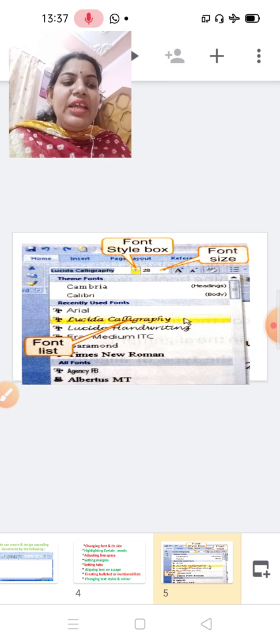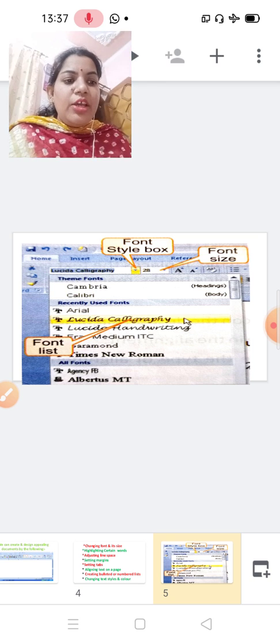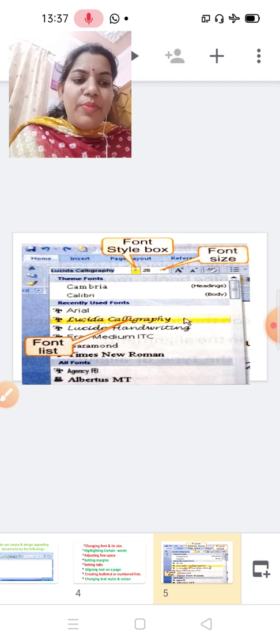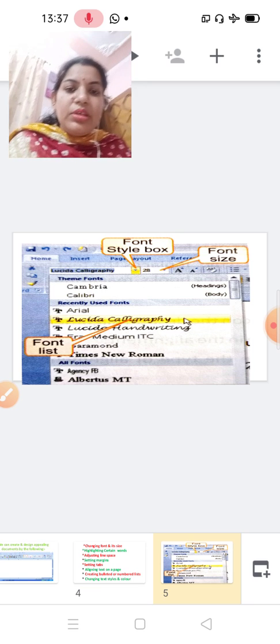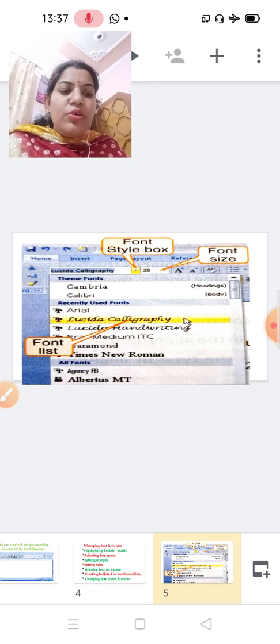The formatting effects can be applied using the Home tab, which contains the font group, the paragraph group, and the styles group. Our first format is changing the font type.